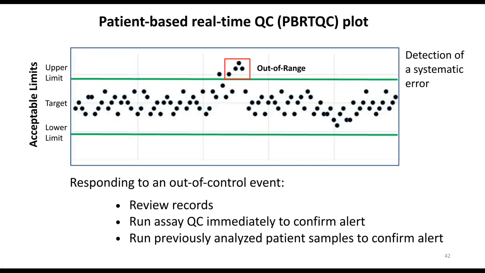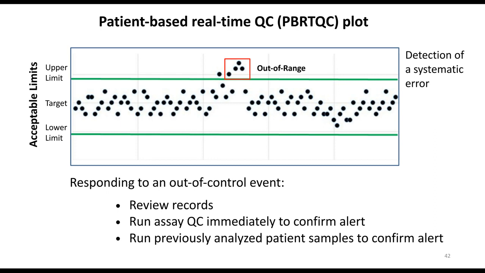So here's an example of patient-based real-time QC where the mean of every 40 patient results is plotted over time. The graph shows the limits of acceptability, and results that exceed the limits will create an alert. An out-of-range alert means a systematic error larger than the normal variation of the analyte in the patient population has occurred, and this condition could represent an analytical measurement system issue. You can see here that the tool detected a systematic error developing.